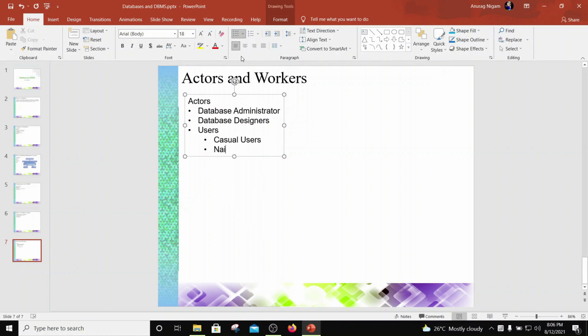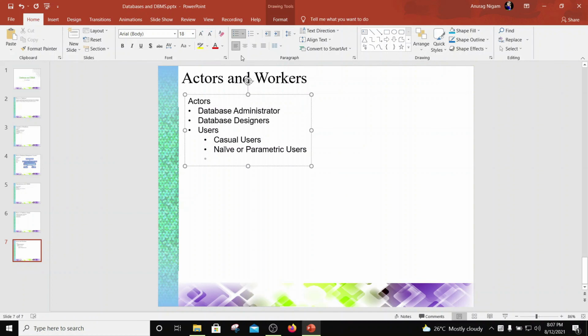Then there are naive or parametric users. So who are these people? These are the people who work day in day out interacting with the database to make use of something. So basically they are not aware of the internals of a database, but they are more like people who can pull in some information, right, and look at it or maybe update it, stuff like that. For example, somebody who is working with the ticketing and hotel booking and stuff like that, right? So these are people who use the database, but they don't know much about database, right? So these are